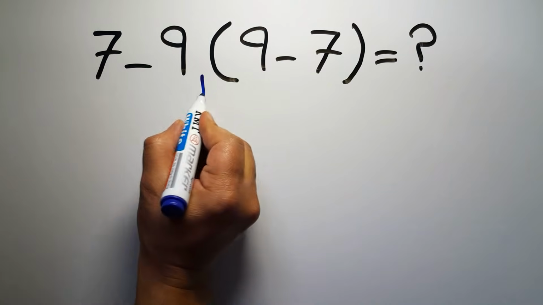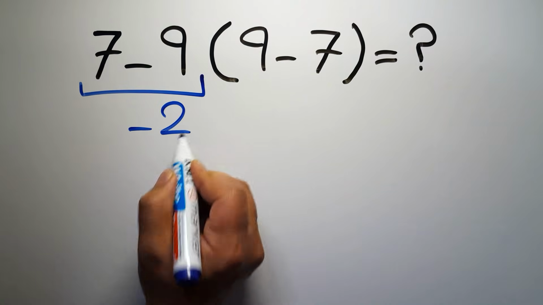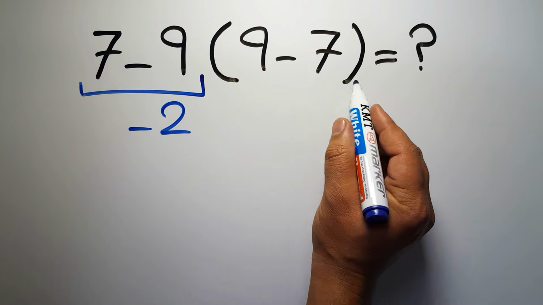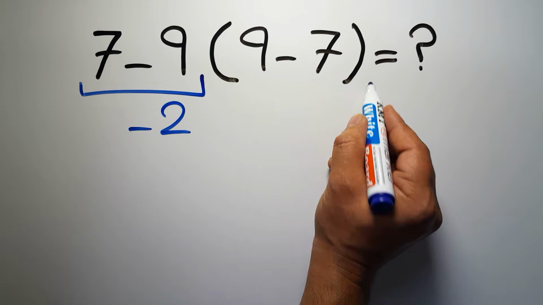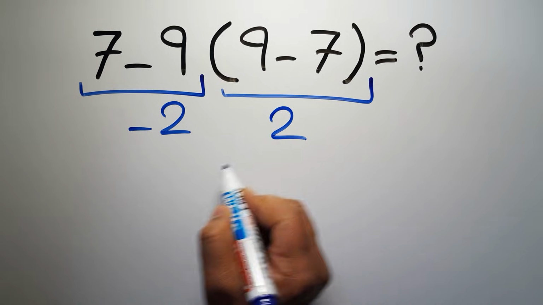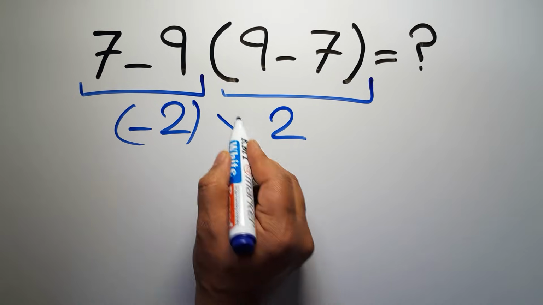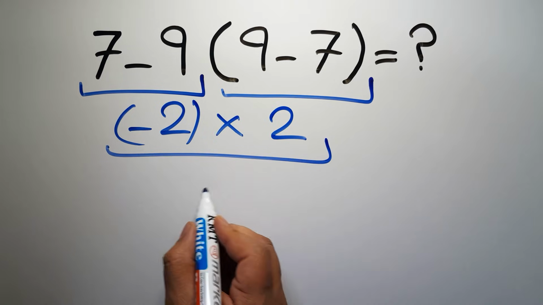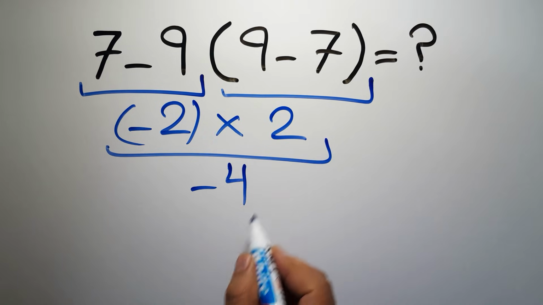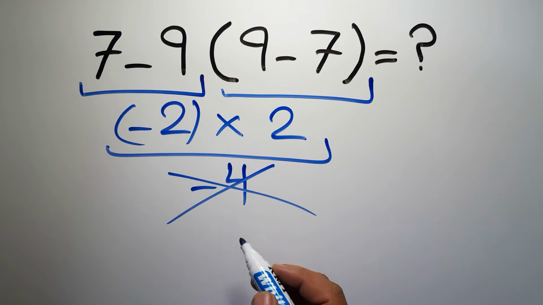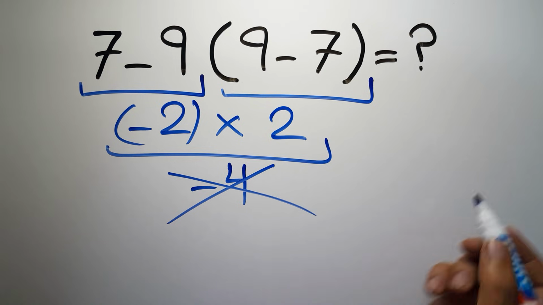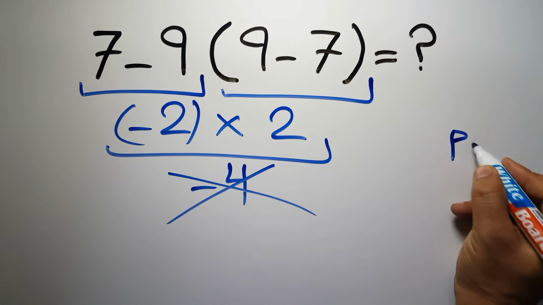7 minus 9 gives us negative 2. And inside this parenthesis, we have 9 minus 7, which equals 2. So negative 2 times 2, which equals negative 4. But this answer is not correct, because according to the order of operations, first we have to do parentheses, then